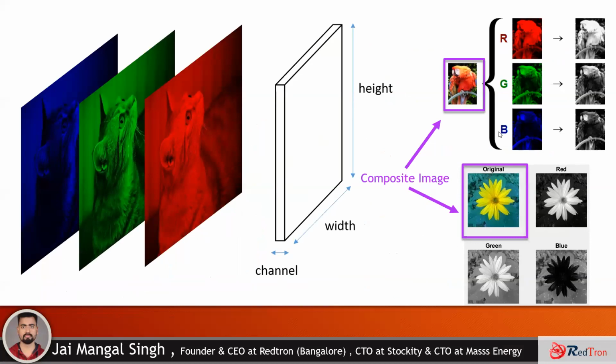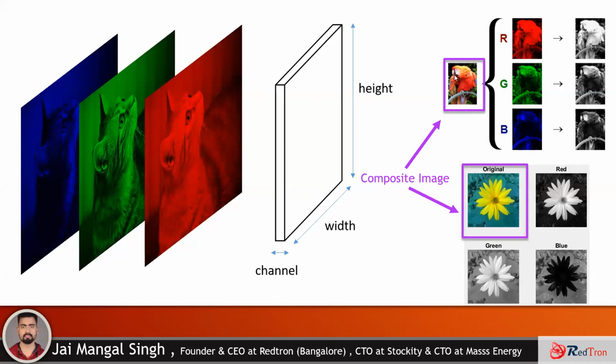The image which you are seeing in front of your screen, just focus on the parrot image, which is under the purple colored rectangular box. This is a similar kind of image which we can take from our camera, or we can download it from the internet. So in MATLAB, what happens? Whatever you pass, whether it is an image, video, audio, text, or other document, it will transform it into a kind of numeric data or a digital file. And how it does that, I'm going to explain in this slide.